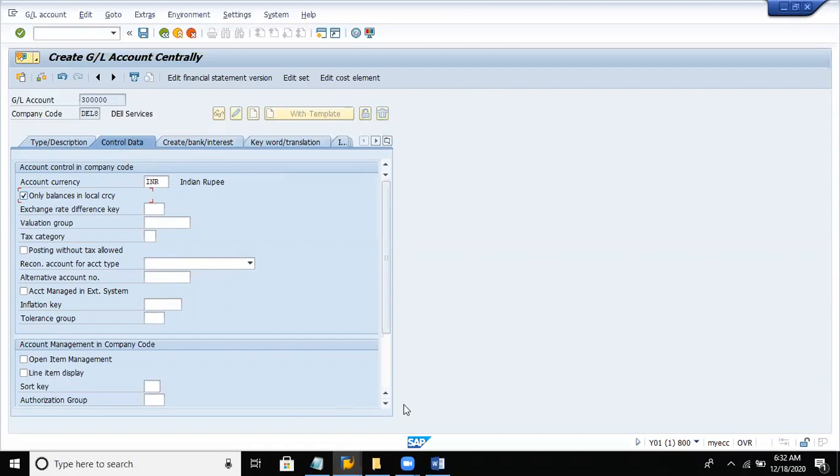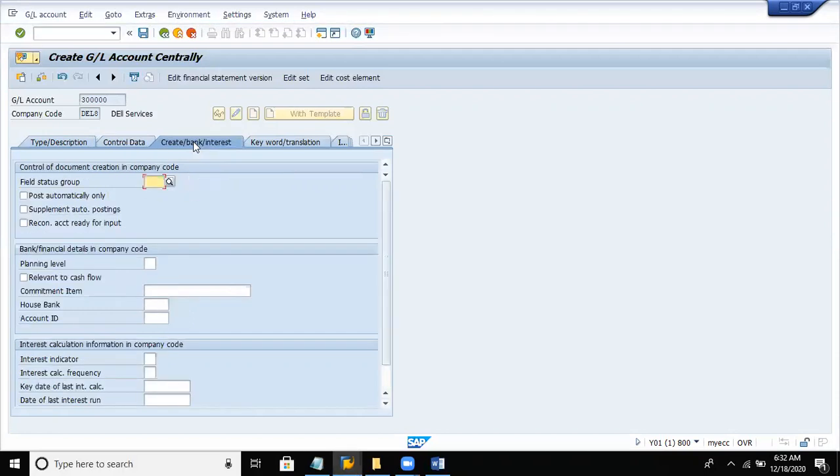We have to activate open item management only for balance sheet related accounts. We just need to check the box line item display and the sort key is 001. Click on create bank interest tab and field status group here is G001 as usual. Save the data.